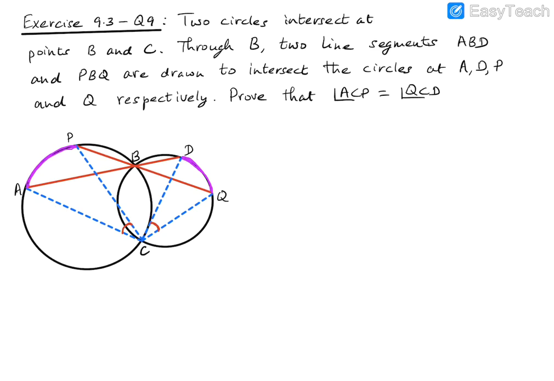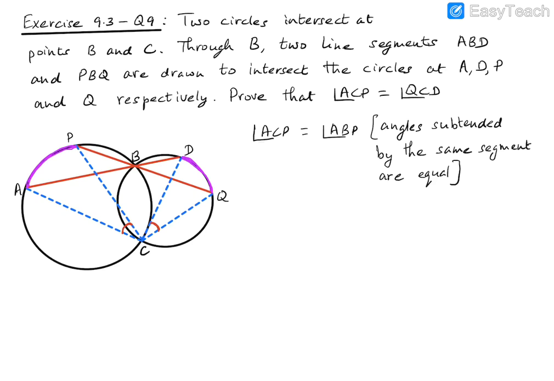So with that information in hand, we can now write that angle ACP is equal to angle ABP. And that is because both these are angles subtended by the same segment of the circle, and we know that angles subtended by the same segment of the circle are equal. So let's write that. So we can mark this as the angle ABP, which is this angle over here. So we have angle ACP equal to angle ABP because they are both angles subtended by the same segment AP